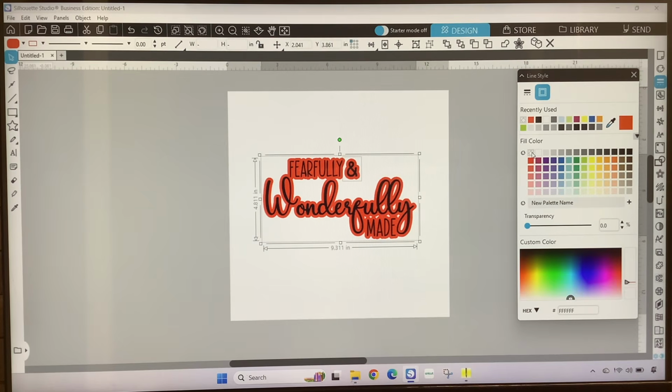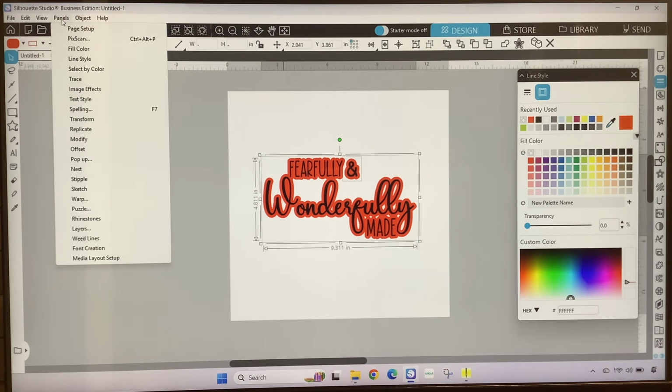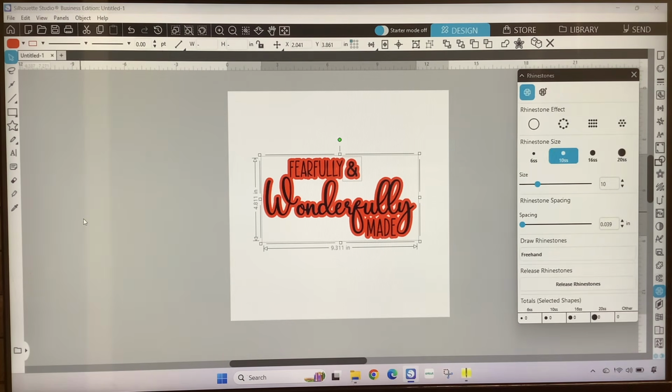To convert to rhinestones, I am going to open up the rhinestone panel by selecting panels on the top menu, and I'm going to scroll down and I'm going to select rhinestones. On the rhinestone panel, there are 4 rhinestone effects. There's none, edge, linear, and radial. There are 4 rhinestone sizes, and also there is a rhinestone spacing, and this determines the space that you want